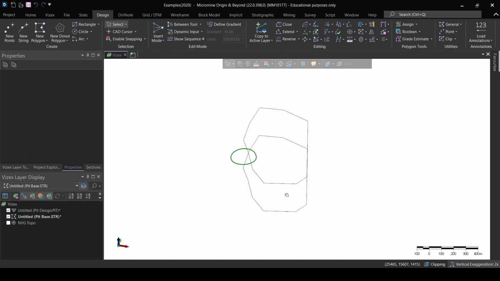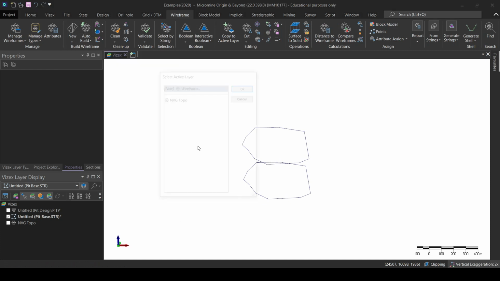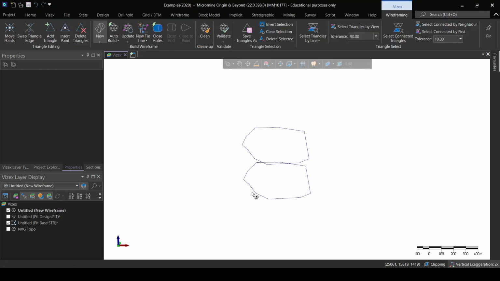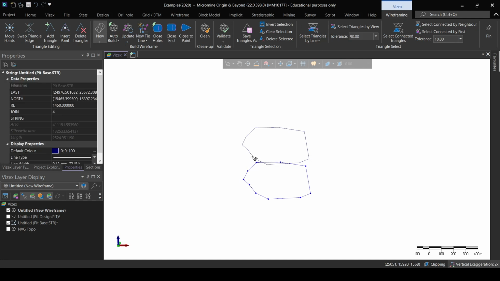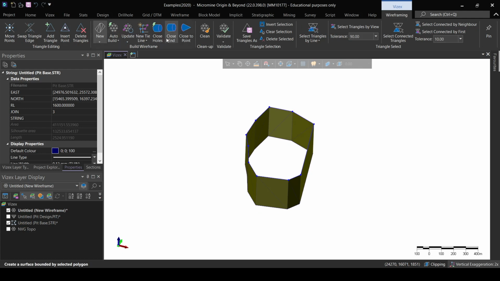Okay, so what I want to do now is create a wireframe using these. So let me go to wireframe and choose new. Okay, and I'm gonna click on this one, and then I click on this one, and you can see that I have a wireframe. Now, since we're creating wireframes, the hidden menu is now for wireframing,